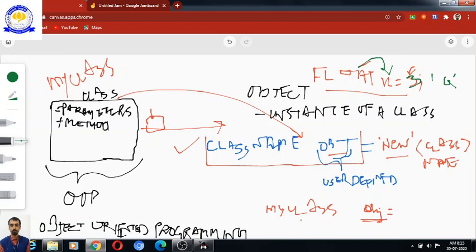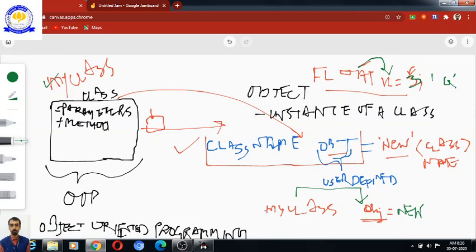Similarly, my class, that is the class that is created, will have its properties, like parameters and methods. So this class will allow the object to take values using the keyword new. That is how an object in Java is created. Different languages have different ways of declaring the object, but the concept remains the same.